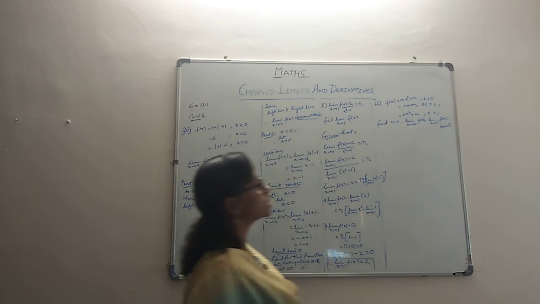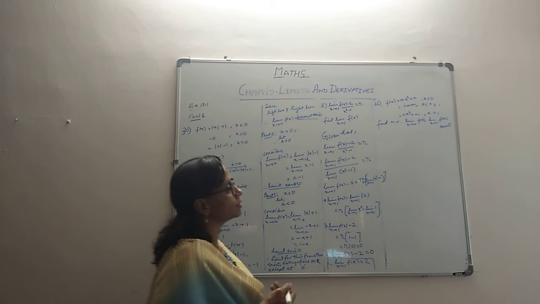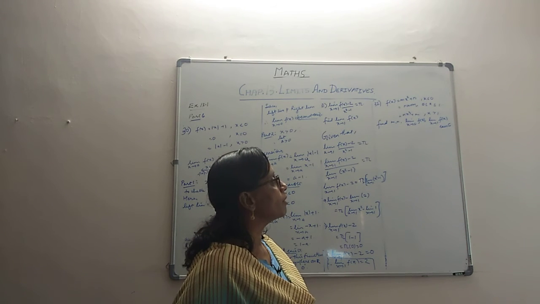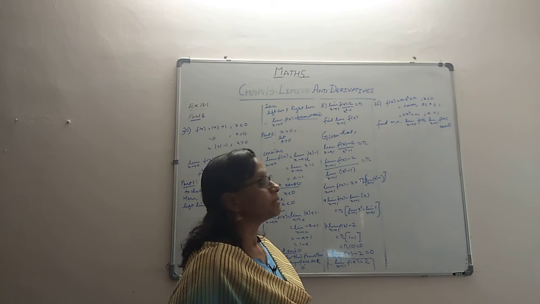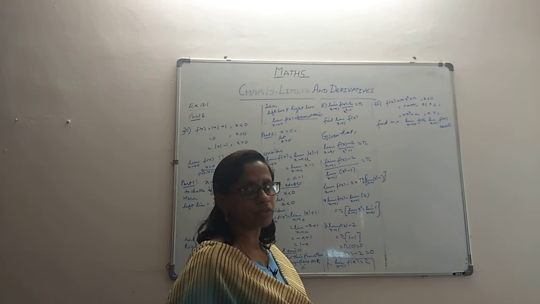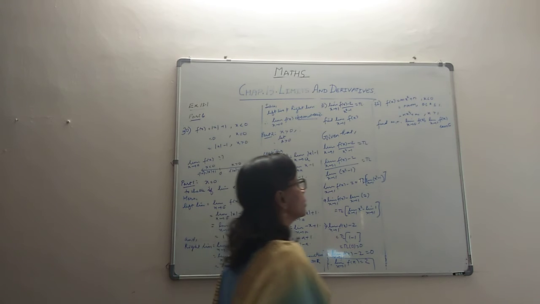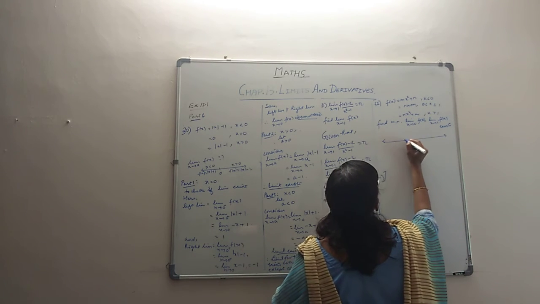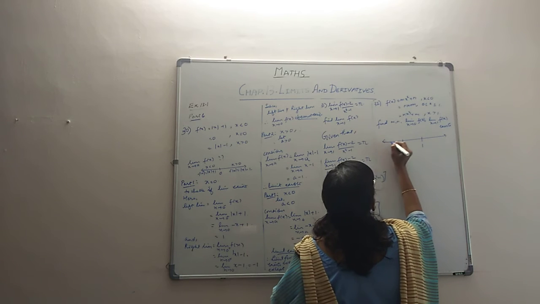And the 32nd problem is like that A-B problem, where they have given us this m and n which are unknowns, and they ask us to find out the values of m and n, and they tell us that limit as x tends to 0 and limit as x tends to 1 exist. On the basis of that, we should find out what the values are. Let us understand the function at 0, at 1.